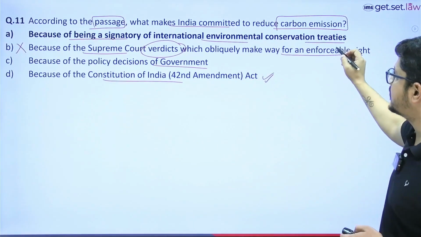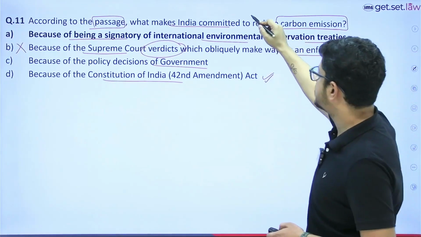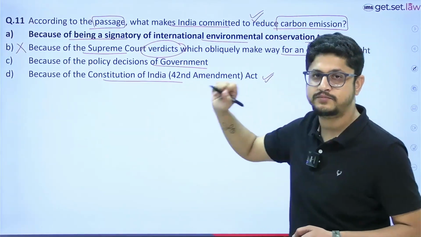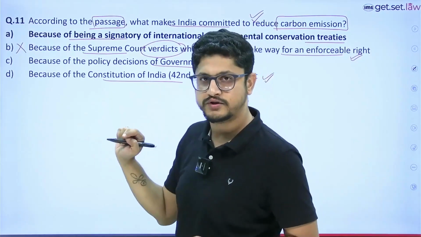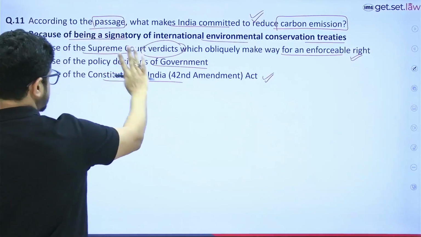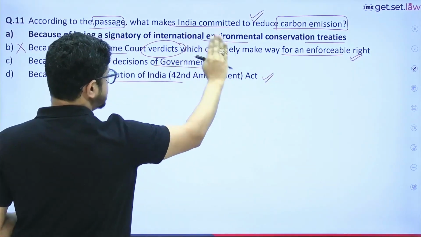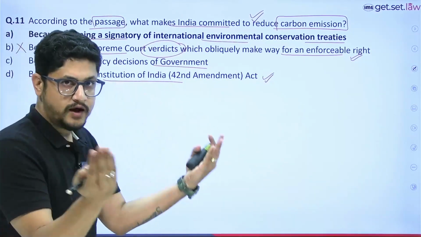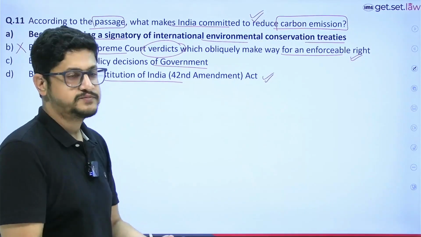So that's why being a signatory clearly shows commitment that we want to reduce carbon emission, because the other 196 countries are also doing the same thing. So it's not because of the constitution or the law or the government, it is because of what everyone in the world who is living on this planet thinks about it.